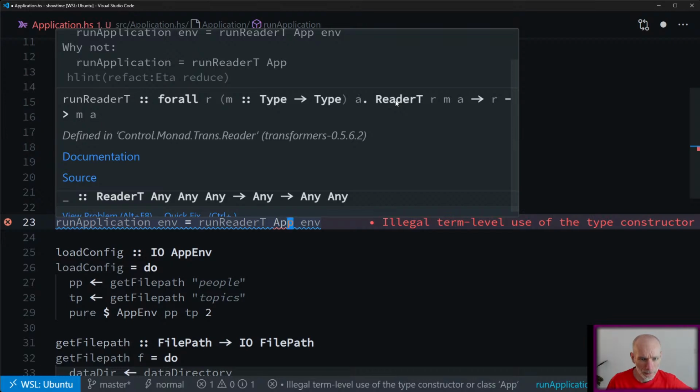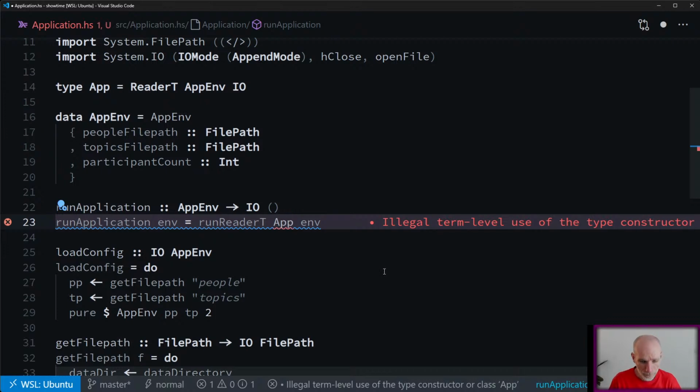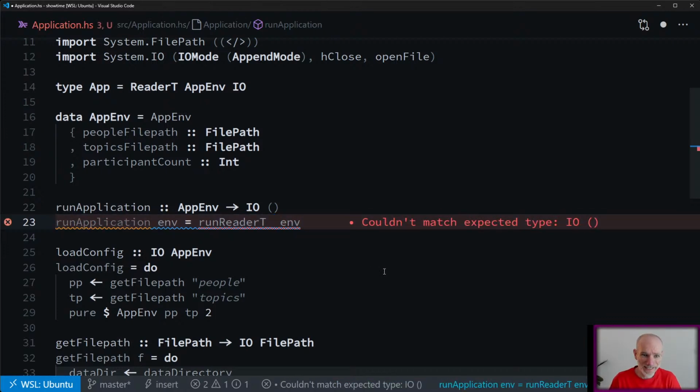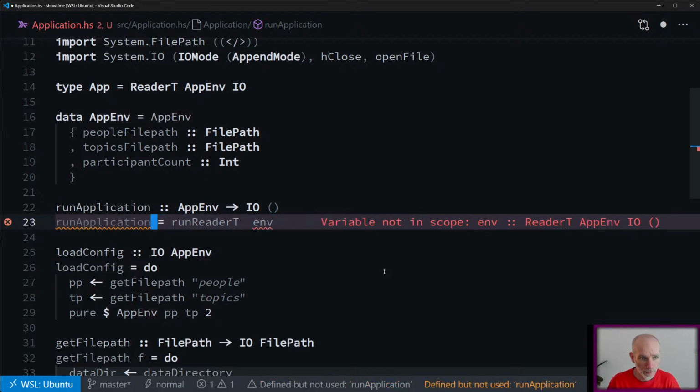I thought it should be an app. And it takes an R. Oh no, this is going to be a function. Sorry, this is going to be a function I run. This is going to be the initial reader value, and it's going to return basically IO unit in this case, because the function I'm going to pass in is going to return IO unit. So